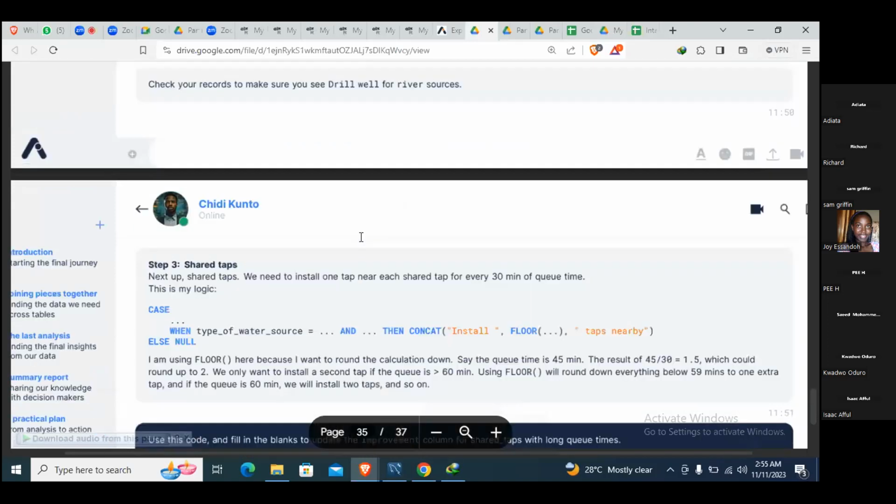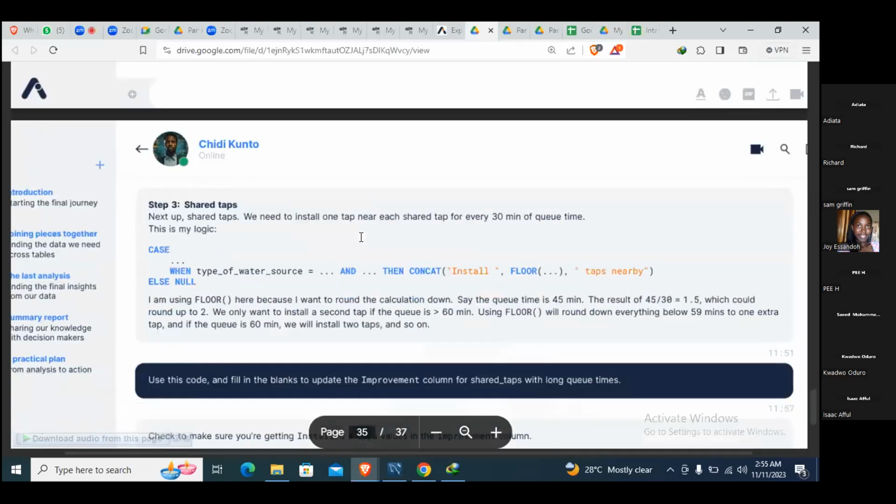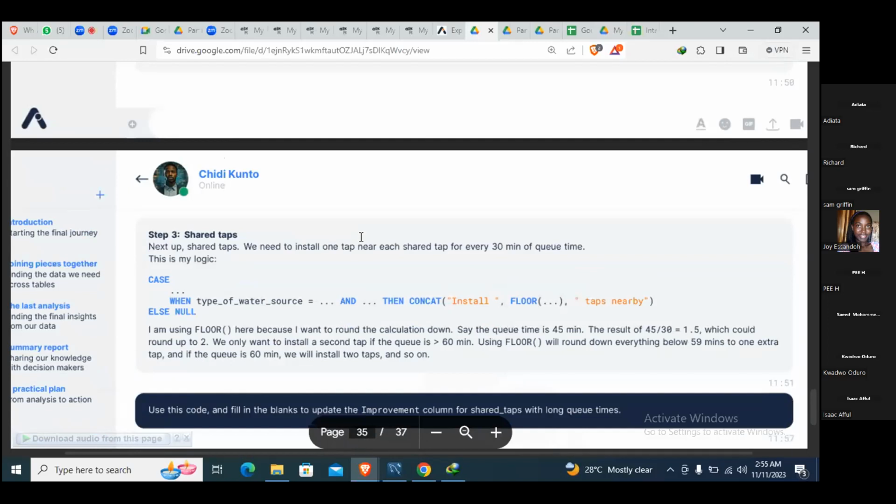That's for river. So now we are on shared taps. Next up, shared taps. We need to install one tap near each shared tap for every 30 minutes of queue time. This is my logic: when type of water source equals shared tap, and then we concat install